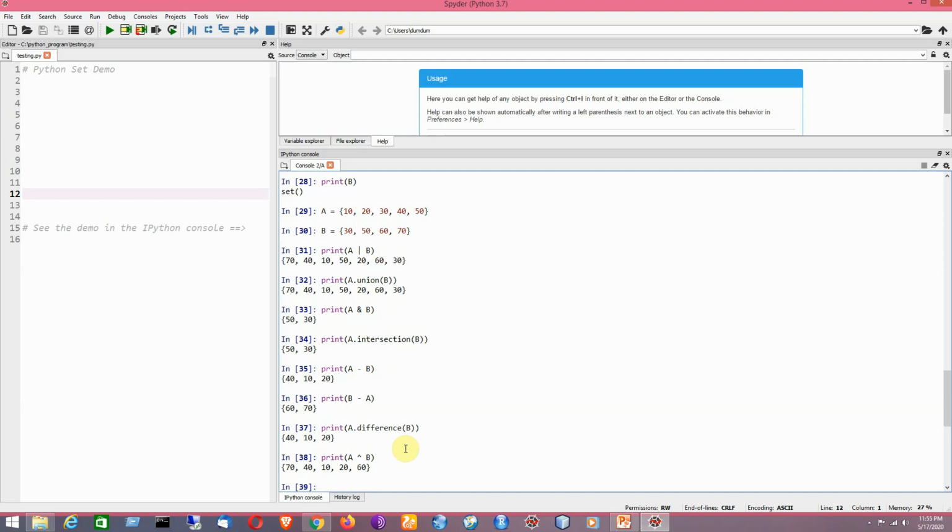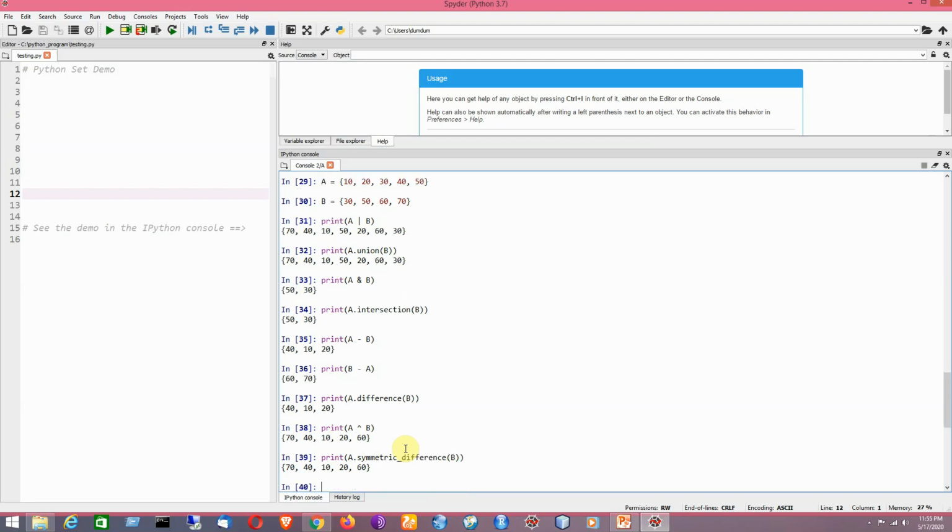The same operation can also be performed by using the function named symmetric difference. So it's a big name, it is very difficult to remember. Symmetric underscore difference, that is the name of the function. It will be showing the same result here. Just try to remember it.